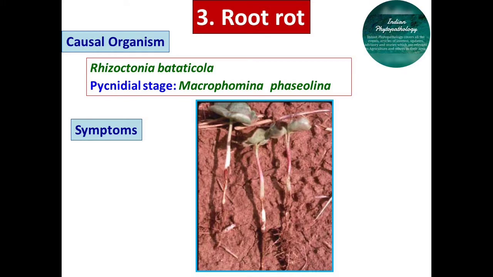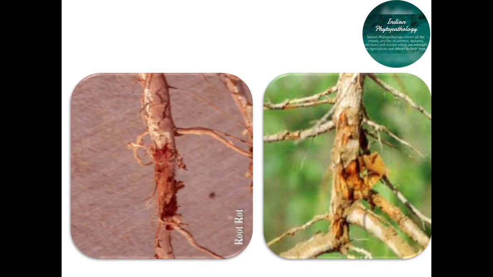Here you can see the symptoms of this root rot of cotton. There are three types of symptoms produced by this fungal pathogen. First is seedling disease, second is sore shin, and third one is root rot. Germinating seedlings of 1 to 2 weeks old are attacked by this pathogen. At the time of attack, it infects the hypocotyl and causes black lesions, girdling of the stem, and death of the seedlings, causing large gaps in the field. So this is the particular mark of identification of seedling rot.